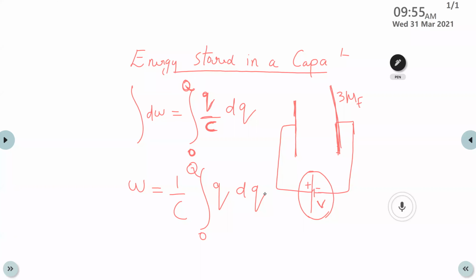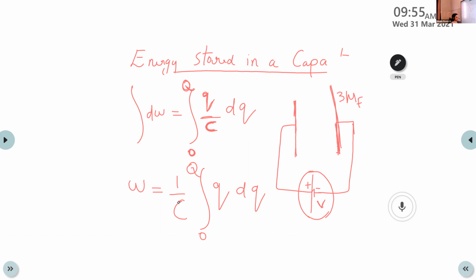No, ma'am. Okay, Emmanuel, here the value of this capacitance is a constant. That is why we don't need to integrate it, because we are not doing the integration for the constant. So the integration of a constant function does not exist. That is why we are taking it outside.